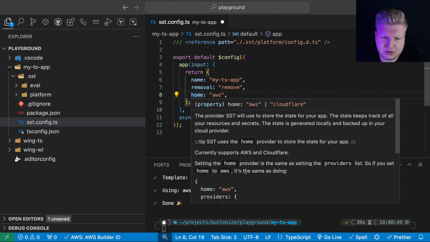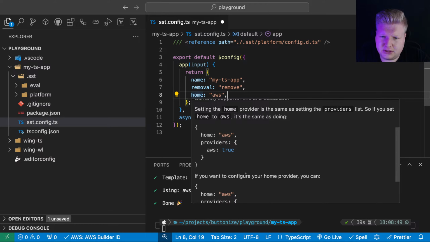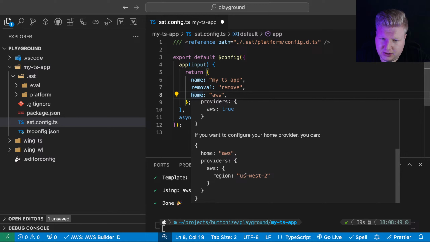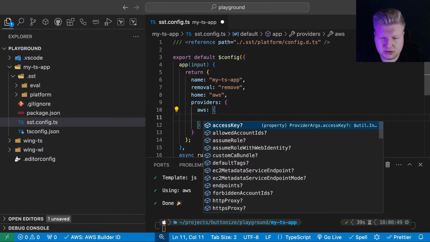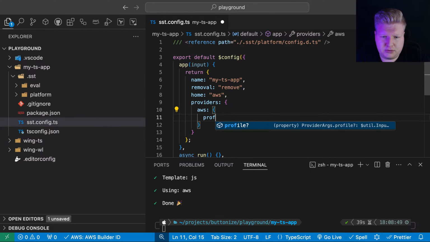Okay, so this is home. Setting the home provider is the same thing as setting providers. So if you set home to AWS, it's the same as doing this. Okay. Got it. All right. Providers, AWS. Okay. Profile.